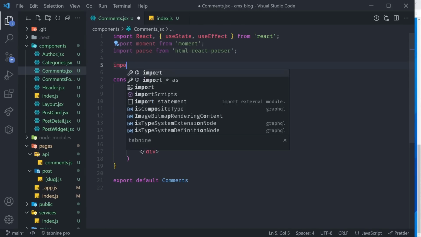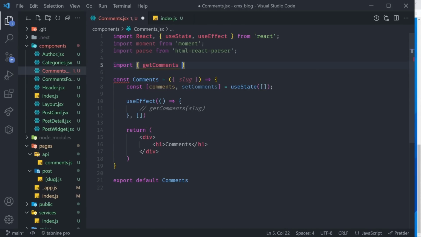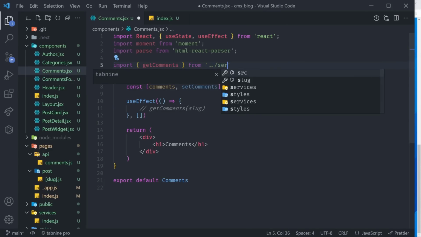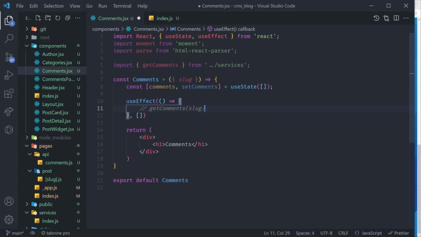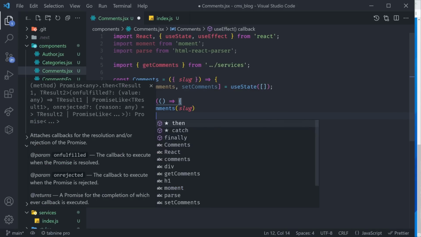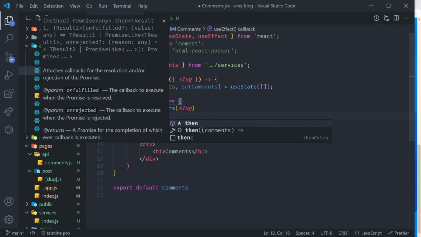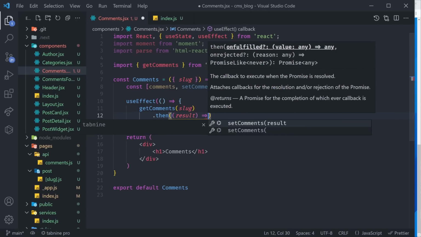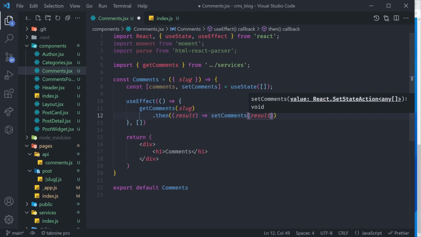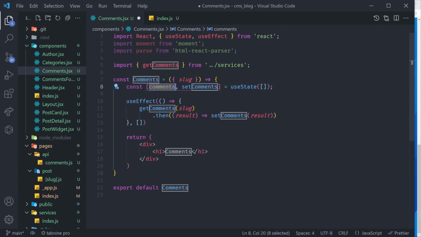Our last query is done, and now we can go back here and import it. That's going to be import getComments, and that's coming from /services right inside of here. Okay, now that we do have this function, we can call a .then on it like this. Once we call a .then, we're going to get a result, and we simply want to do setComments(result), because that result is actually the new updated comments. Therefore, we're now setting our comments,